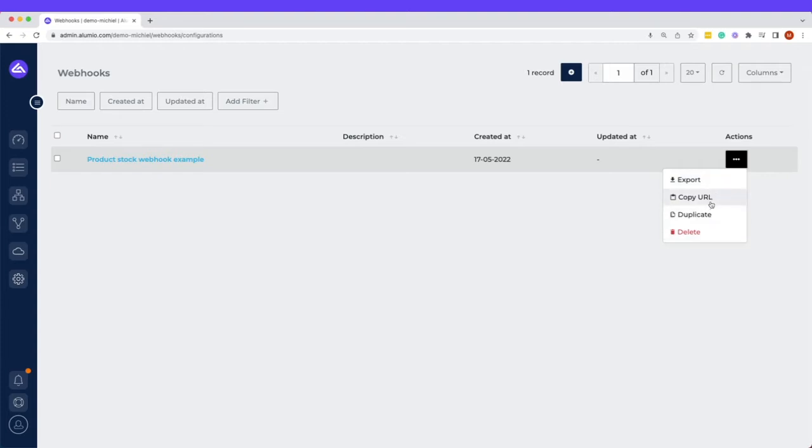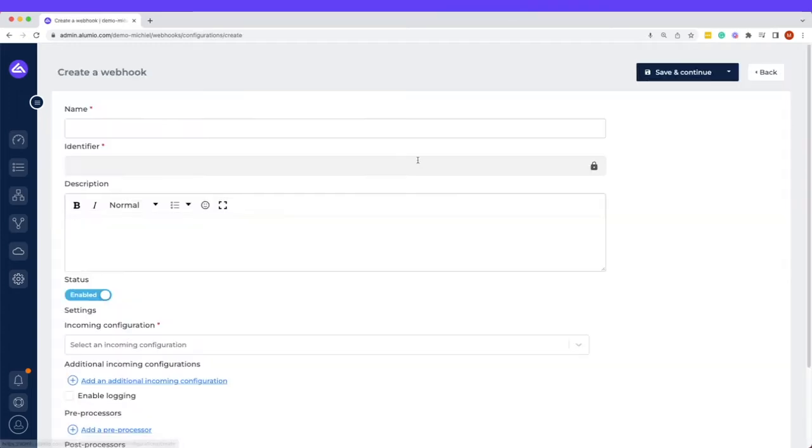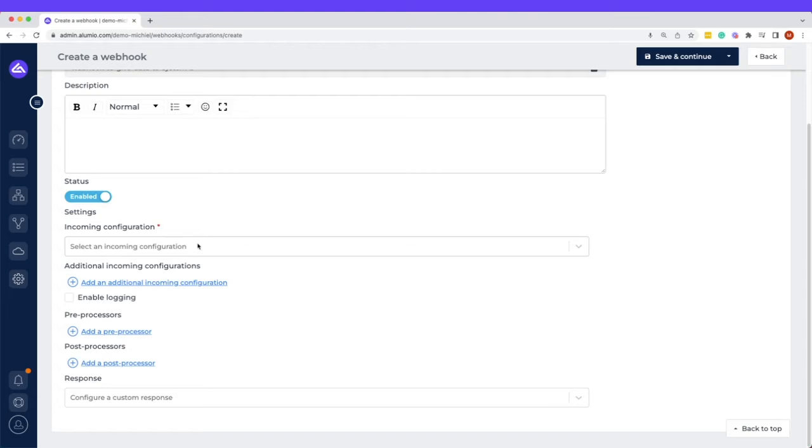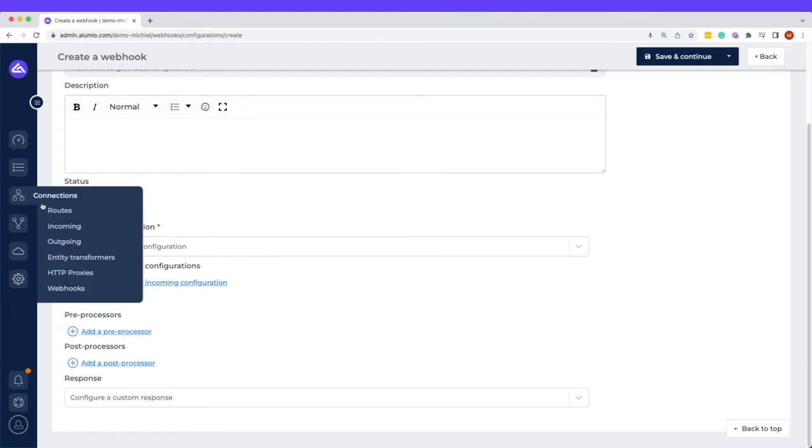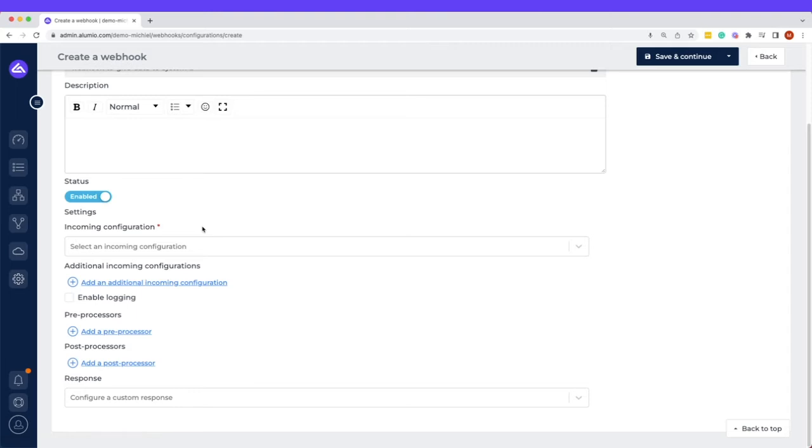Copying in this case would only be the URL with which we would access this webhook. Here we can also create a new webhook, and we could say, for example, webhook to give data to system B. So in the case of a webhook, the first thing you see is an incoming configuration. The incoming configuration will be connected to a route and therefore also to an outgoing configuration. So what a webhook does within Alumio, it picks up the data, it gives an